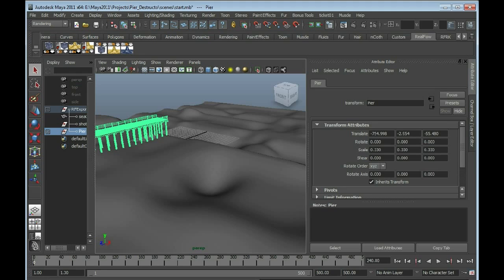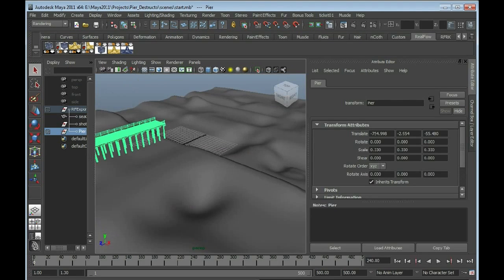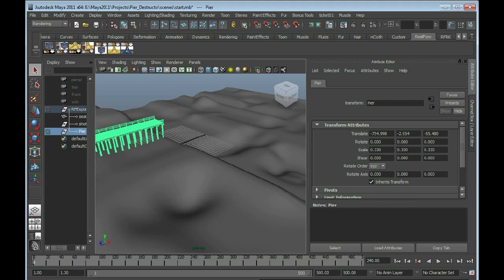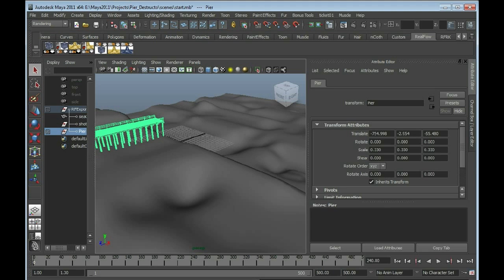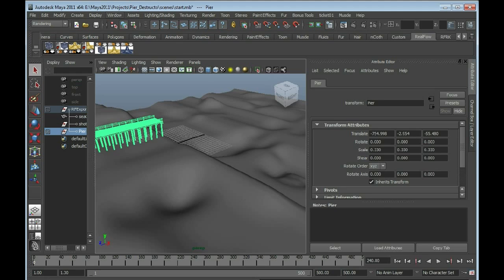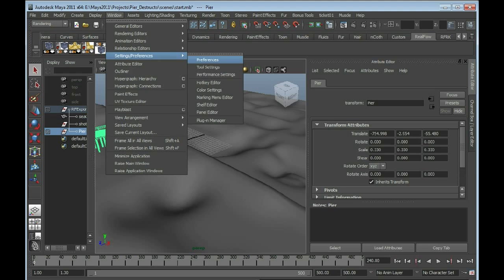When you're downloading a copy of RealFlow from www.realflow.com, you have access to the RealFlow plugin. You can install this for Maya or whatever 3D animation software you like. You can follow along with the tutorial using virtually any 3D animation software, because most of the time we'll be using RealFlow, and there are just some small parts in Maya or different software, where you will be exporting or importing stuff from and to RealFlow in a virtually similar manner. Okay, to make sure the plugin is loaded, go to Windows, Settings, Preferences, Plugin Manager,